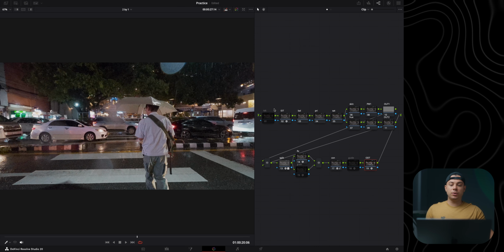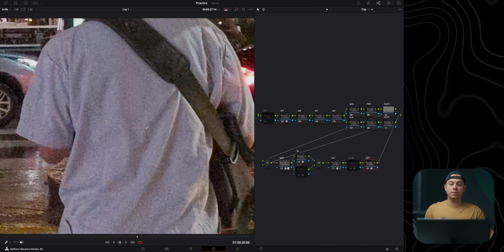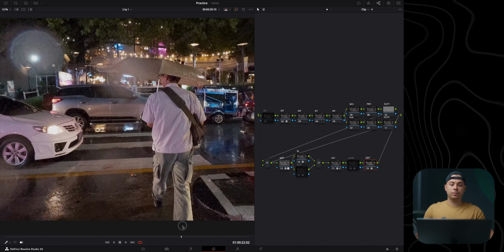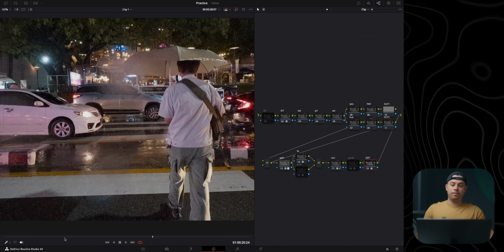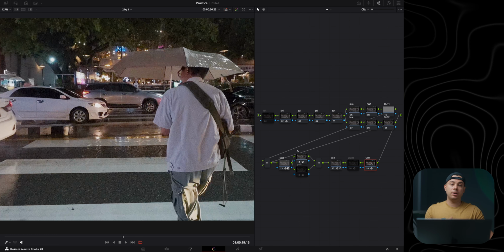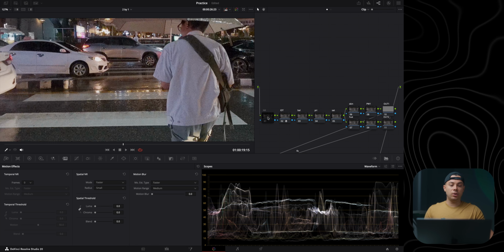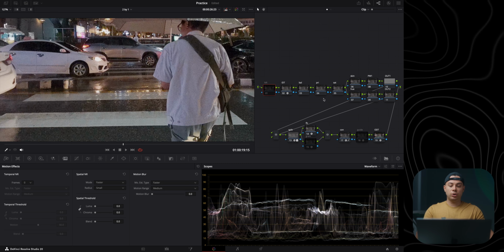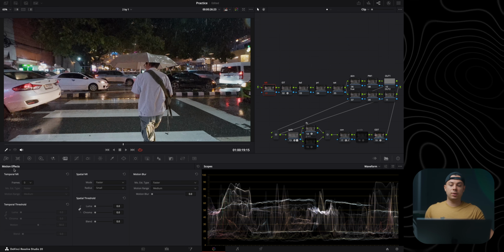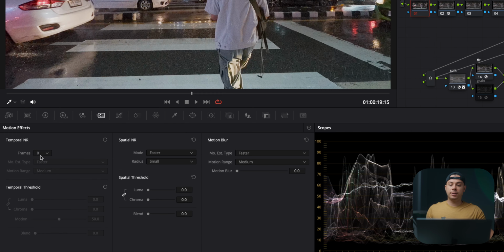All right, first thing I'm going to do, because I shot this in low light and there is a significant amount of noise in the shot, as you can see, lots of grain and artifacts, I am going to apply noise reduction with the built-in tools. To do that, I'm going to use this first node in here, which I put prior to the IDT. That's because I want to attack the noise as early as possible in the node tree to have a good starting point. So I'm going to enable this node, go to the motion effects in here, set the frames